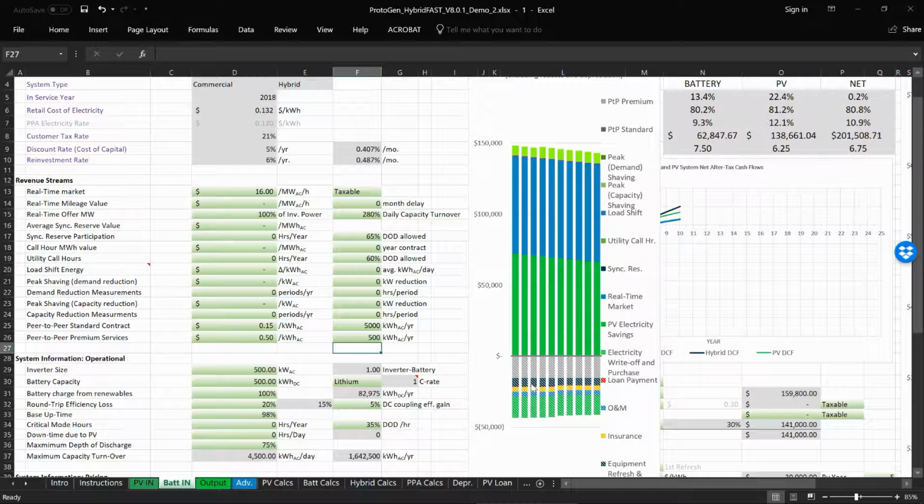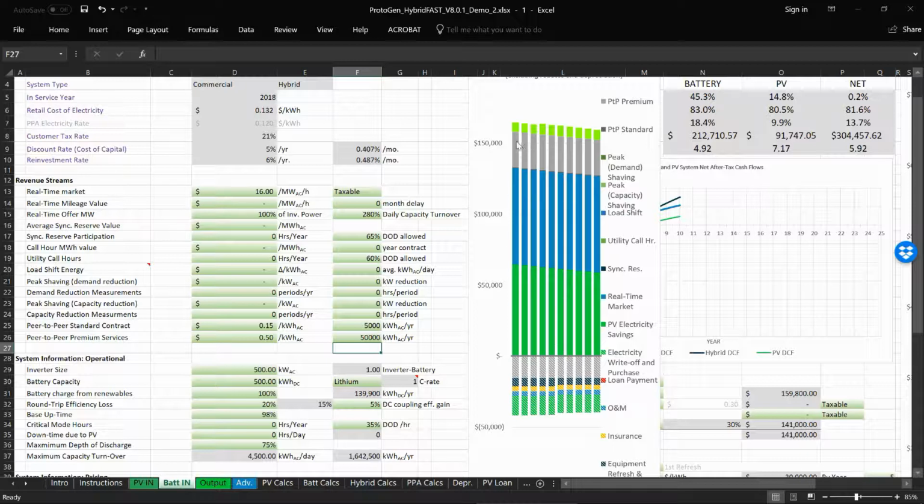chart over here. So PV electricity savings is still a thing. It's a large portion of your return. But as we start to increase the energy we are selling to our neighbor, let's put in something ridiculous, 50 megawatt hours. You can see the PV energy that is avoided cost and a savings to you starts to decrease,